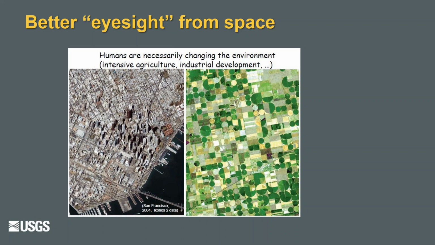And so, underlying this whole thing, and actually everything we do at EROS, is that we get better eyesight from space. We can see across the world with these instruments, and there's a number of different instruments up there, and this won't be an exhaustive study because we're focused on Landsat. This particular example shows an IKONOS image on the left, which is more of a higher spatial resolution but lower temporal frequency kind of mission, but gives a huge amount of detail. And since humans are changing the environment, we really want to know what's going on.